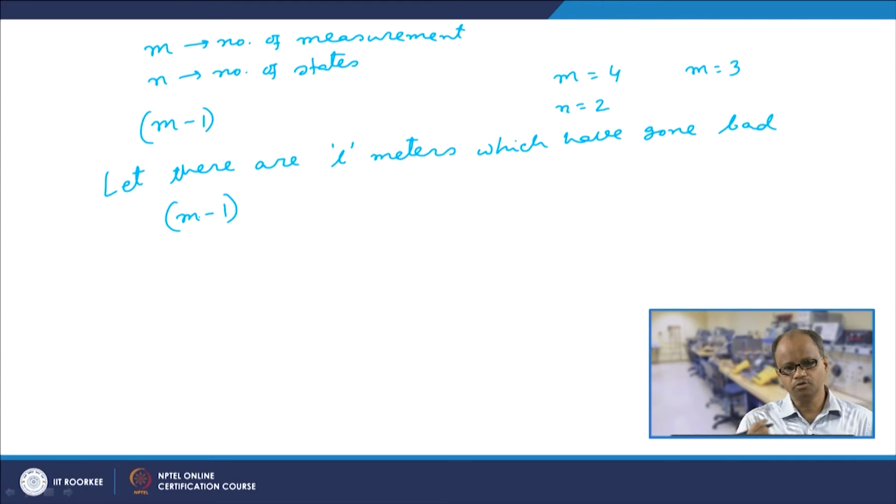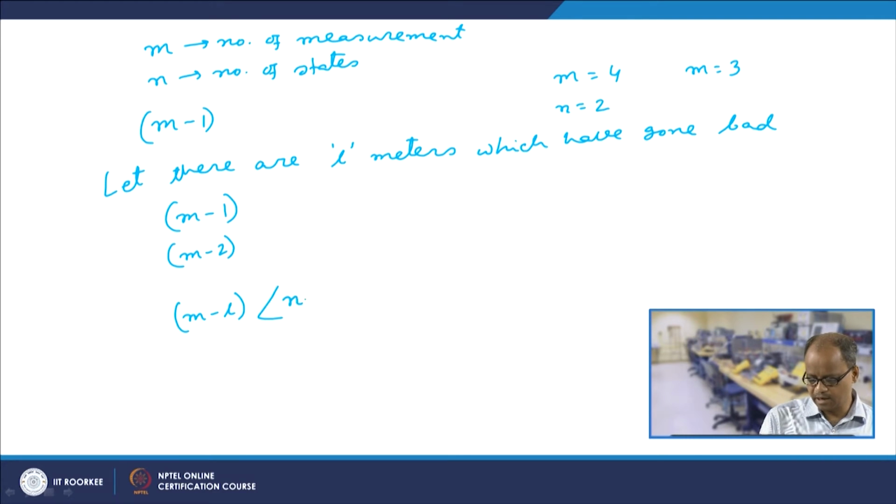Again, when we do our state estimation using these m minus 1 measurements, we find the next meter which is bad. Then my effective number of measurements becomes m minus 2. If we follow this process, ultimately my effective number of measurements will be m minus L. Now, if m minus L becomes less than n, then this state estimation problem would be an indeterminate one, because the number of equations available is less than the number of states